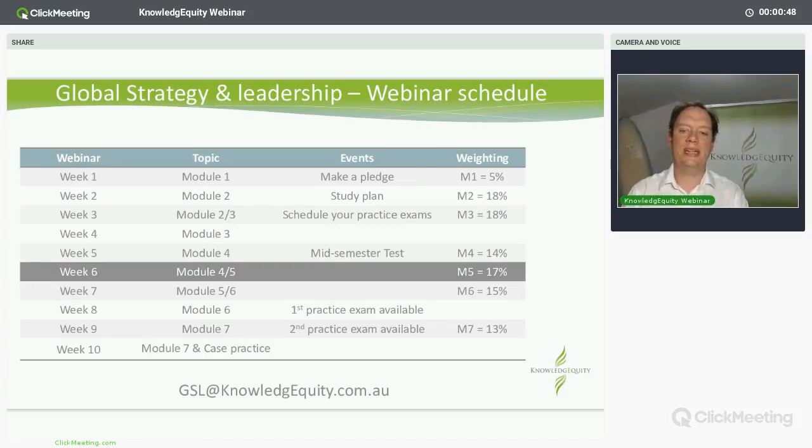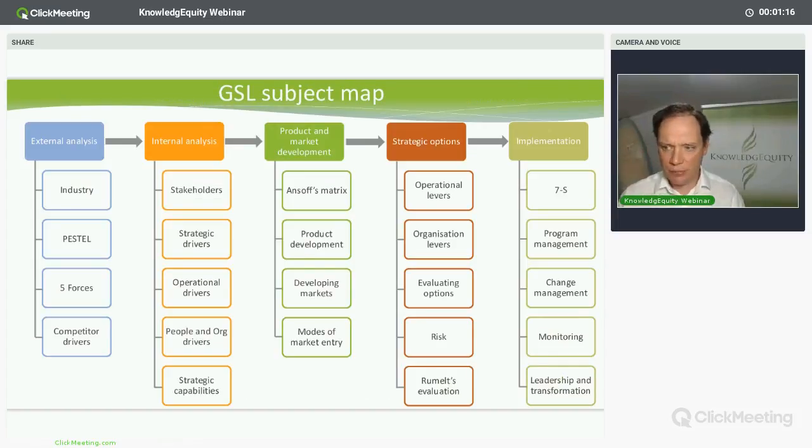Okay, where are we up to? It's week 6. We should be finishing off Module 4, which we are, and going into Module 5. Note too that Module 4 has been a little bit quicker, and I think students have probably felt it's a bit easier than 3, or especially Module 2. Module 5, I think, is okay, but it's also got a weighting of 17%. So you could expect a few more MCQs, perhaps at least in the general theory part, in Module 5 than Module 4.